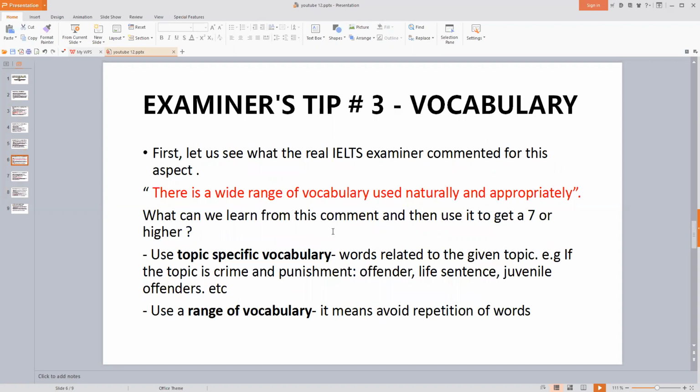Okay, examiner's tip number 3. This is related to vocabulary. Now, guys, this is very important, because there are a lot of misconceptions when it comes to vocabulary. What kind of vocabulary should be used? What is the right level? What is the right vocabulary that should be used? Okay, so